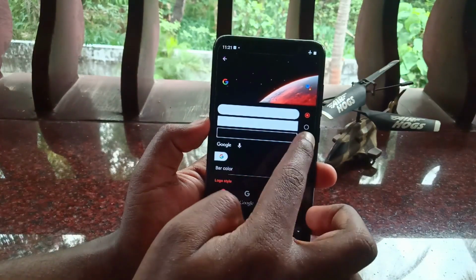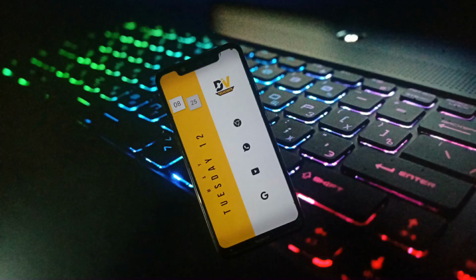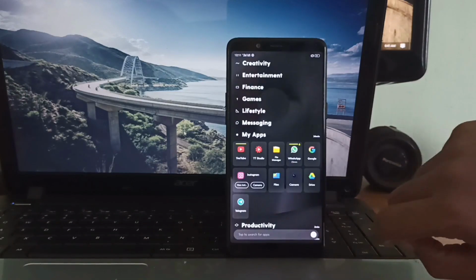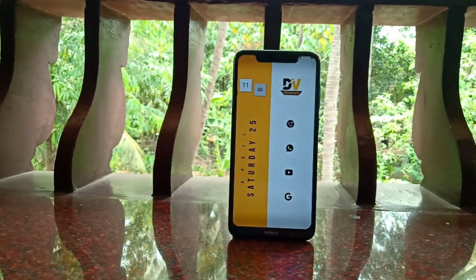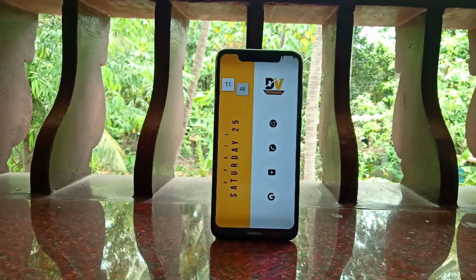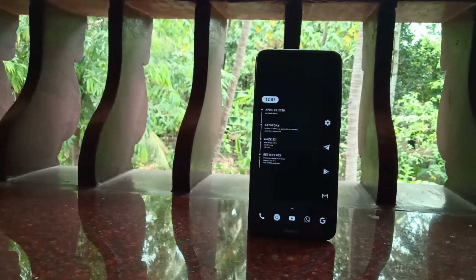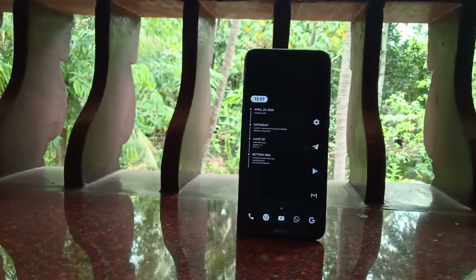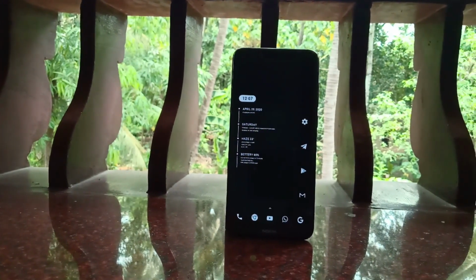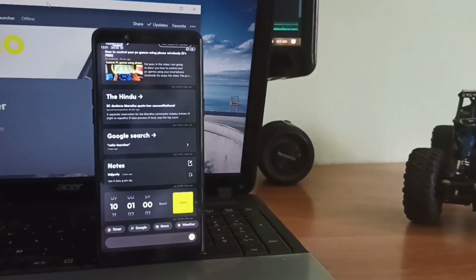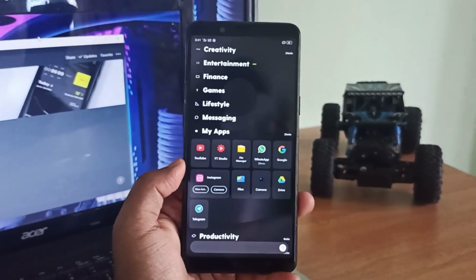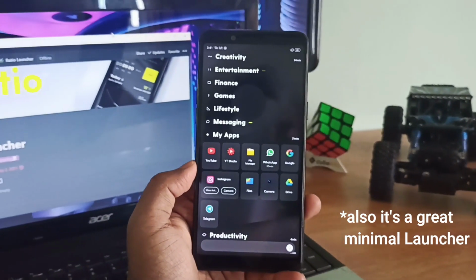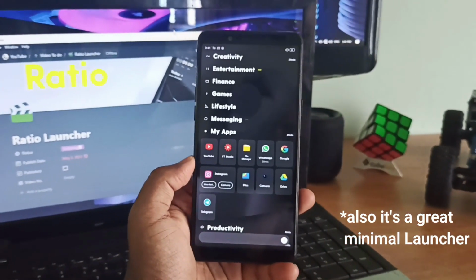Like if you're a person who wants a more customizable launcher so that you can make your phone look whatever way you want, here in Ratio you can't do this. You can't customize your launcher like what you can do using Nova Launcher or some other highly customizable launcher. So if you want a more customizable launcher, then go for Nova Launcher or some other highly customizable launcher. Now Ratio Launcher is for someone who needs to get their things done quicker and just wants a launcher that gives a completely unique experience, and also who wants a feature-rich launcher, then try this one.